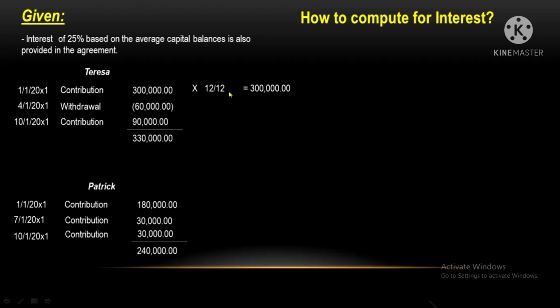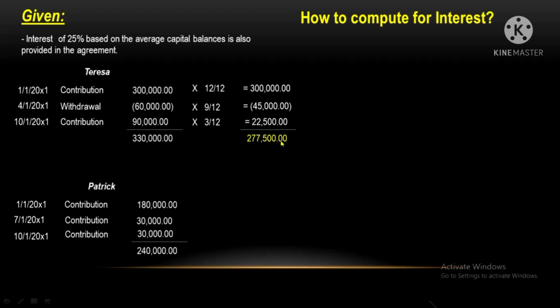So to understand the process more, let's go directly to the second date, which is 4/1/20x1. Let's go directly to the numerator. How many months from this date, 4/1/20x1, to 12/31/20x1? Answer, 9 months. So 9 is the numerator over 12, which is the fixed denominator. So negative 60,000 times 9 over 12, and then we will have negative 45,000. And lastly, we have on 10/1/20x1, Teresa contributed 90,000. So let's multiply it with 3 over 12 since October 1 to December 31 is 3 months, and you will get 22,500. Let's get the sum of these and we will have the average capital of Teresa, which is